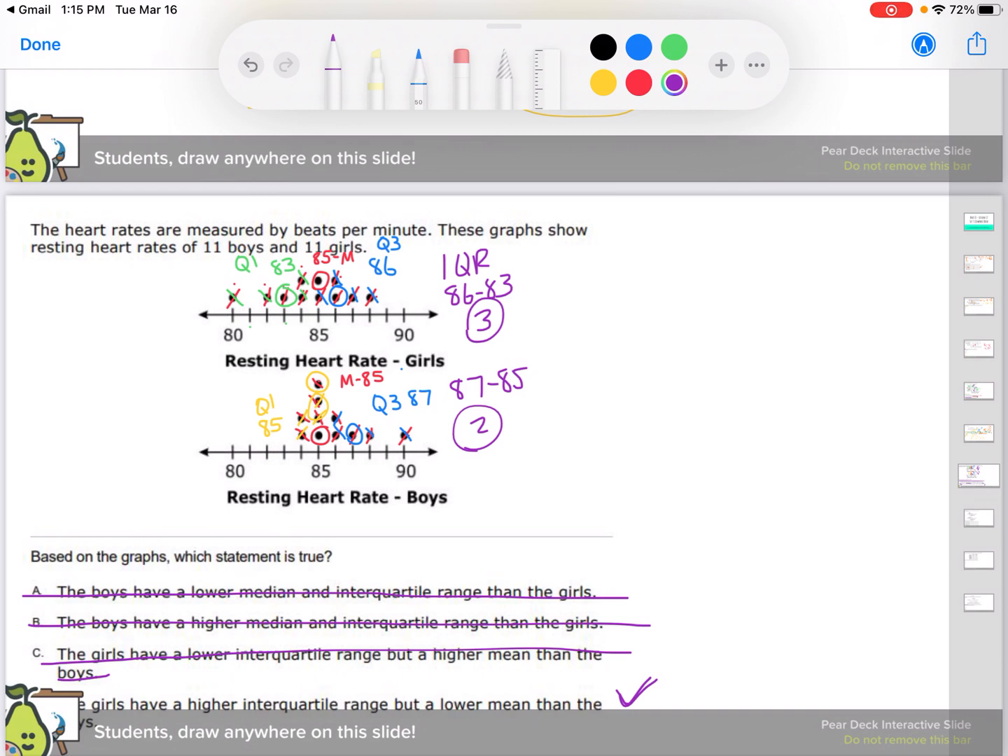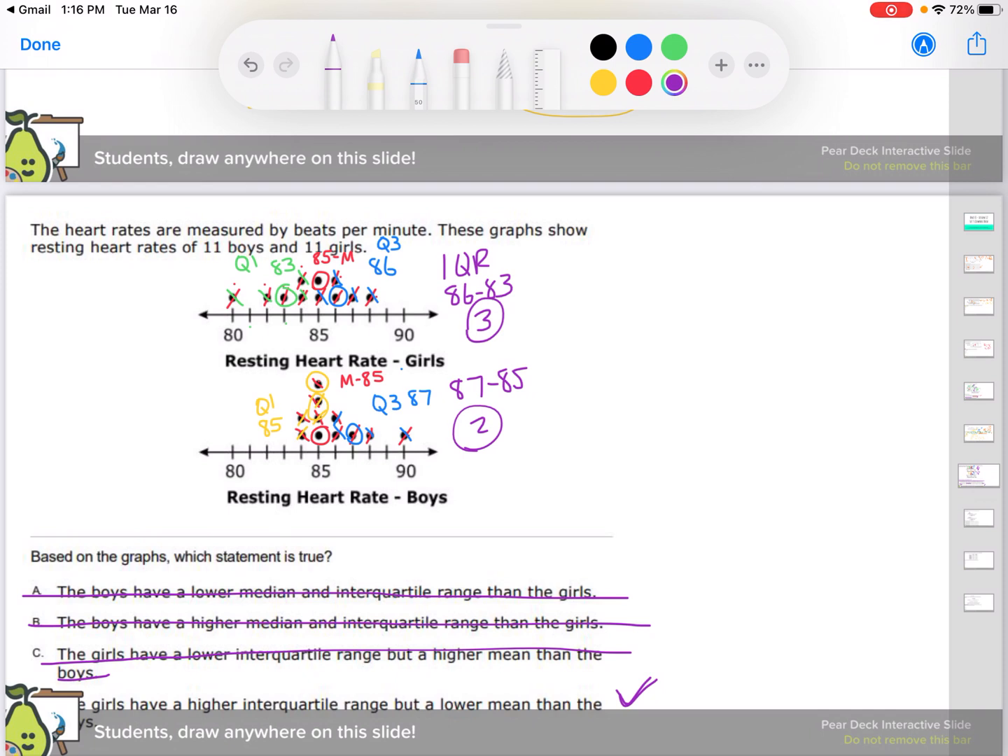But a lower mean. So remember, with mean, you have to add up the numbers and divide by how many numbers you have. So this is where I'm going to get out my calculator and check. In my calculator, I'm adding 80 plus 82, 83, 2 84s,